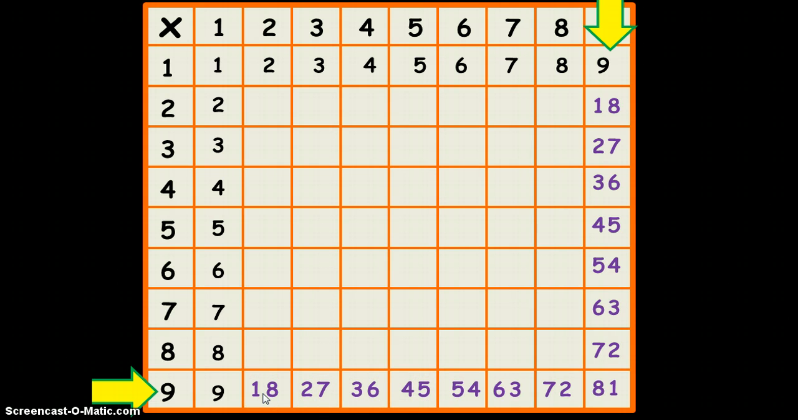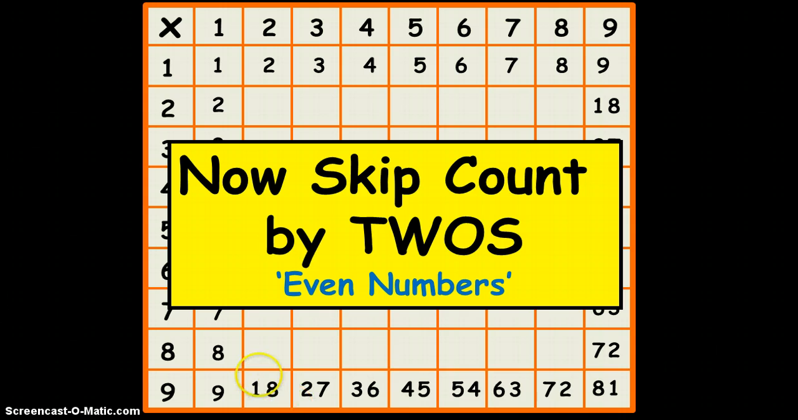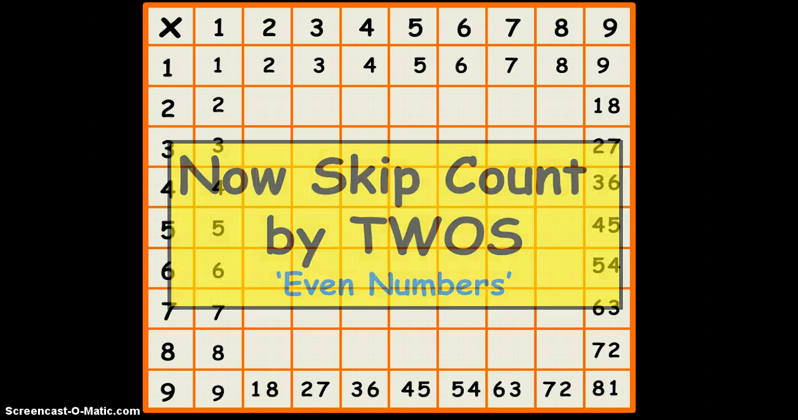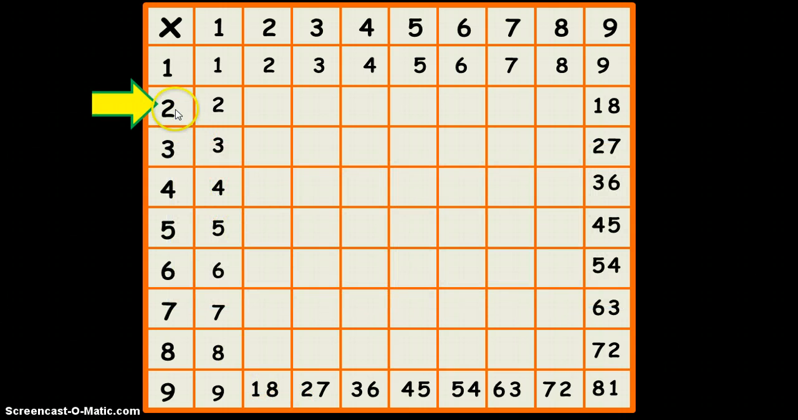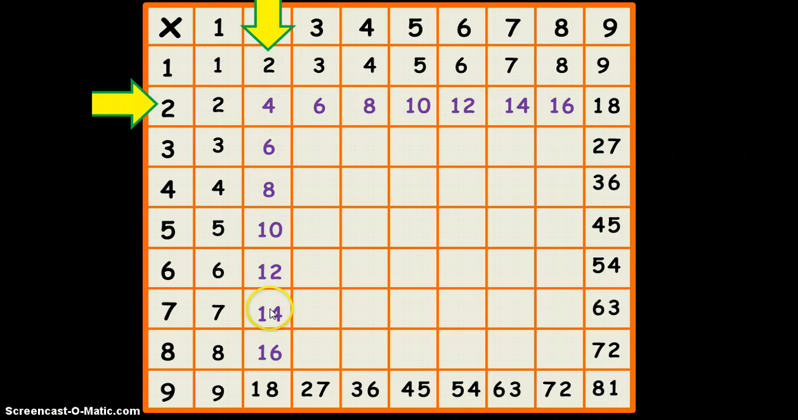All right, now we're on to the 2s. And we know how to count our 2s. It's our even numbers. And the way we do that is we start with our row: 2, 4, 6, 8, 10, 12, 14, 16, and we check to make sure 18 is there, and it is. And then whatever we do on the row, we do on the column: 2, 4, 6, 8, 10, 12, 14,